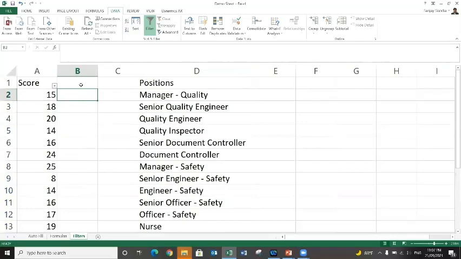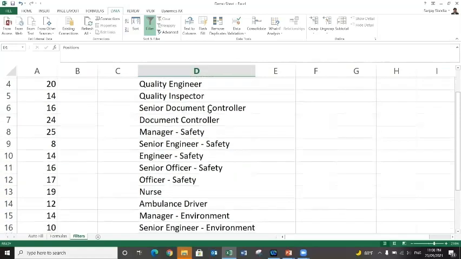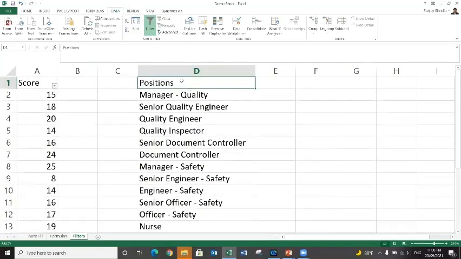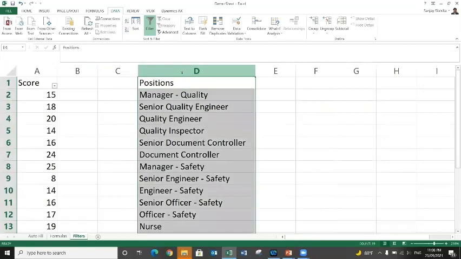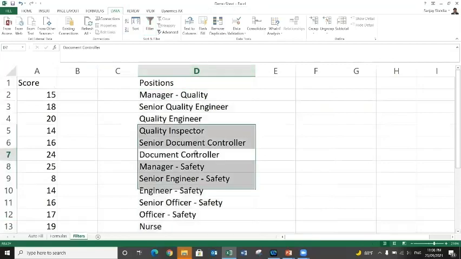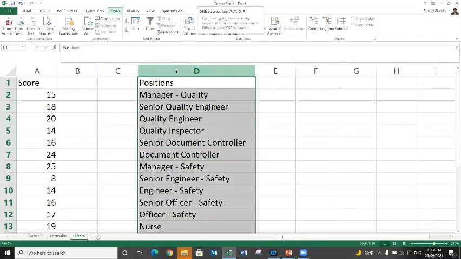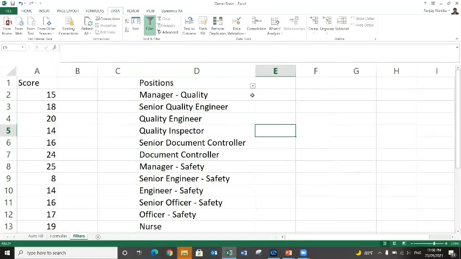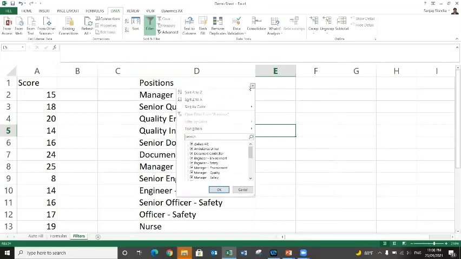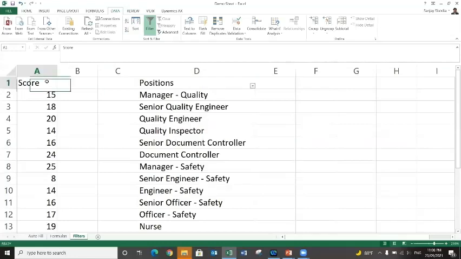If we talk about using the filter function on alphabetic data, first of all, we will have to apply the filter, Alt DFF. Oops, what happened? Yeah, Alt DFF. So the filter is applied now. Here we are working on alphabetic data. So you see here the filter options have changed. And if we apply filter here,